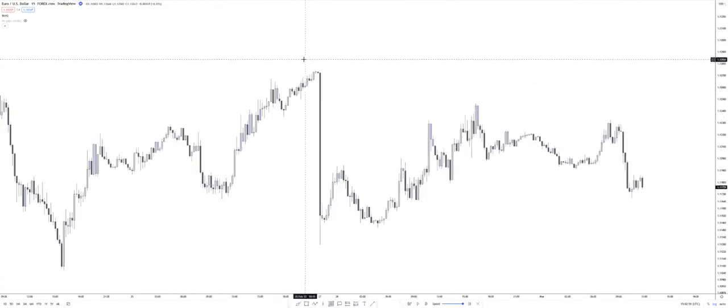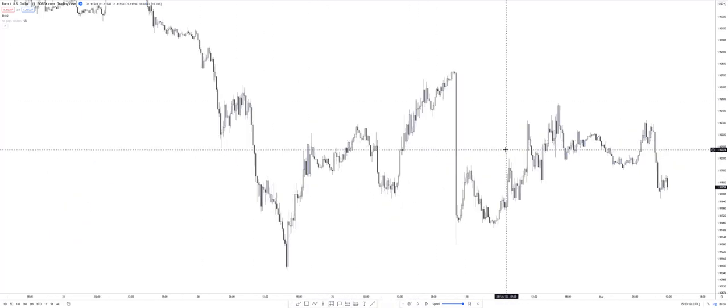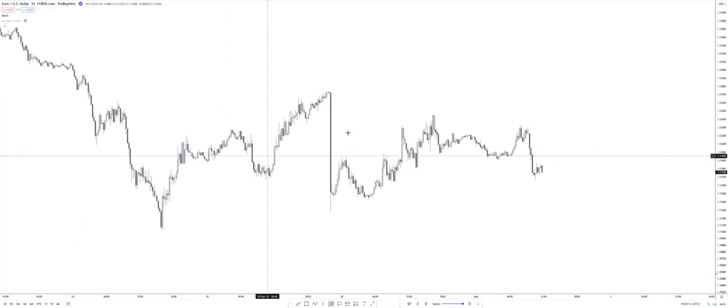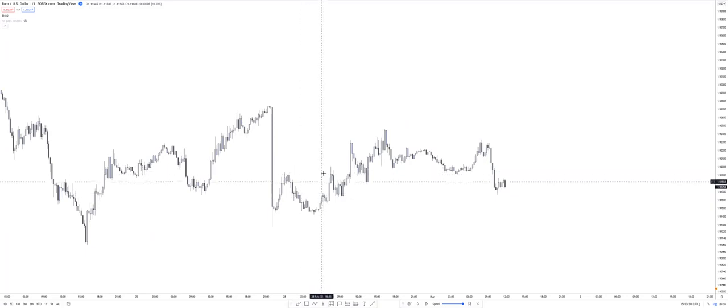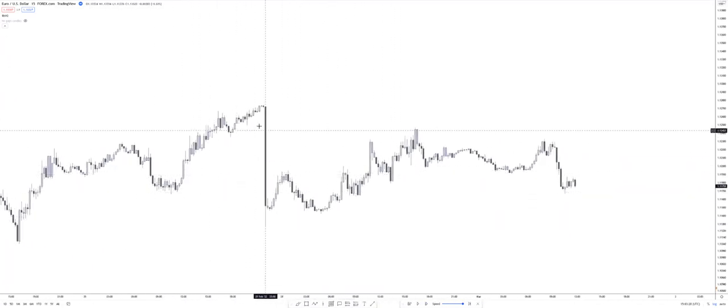So looking at price here, we can see that this candle sticks out like a sore thumb compared to all the other candles, and obviously it was caused by some kind of news that happened at the market open on this day. So if we look at price before and after this candle, we can see that this price here matches the volatility of the price before it. So we can see the price has returned to normal at this point. So once price